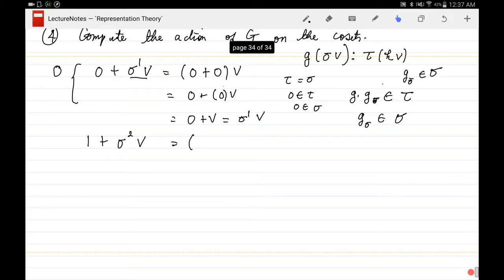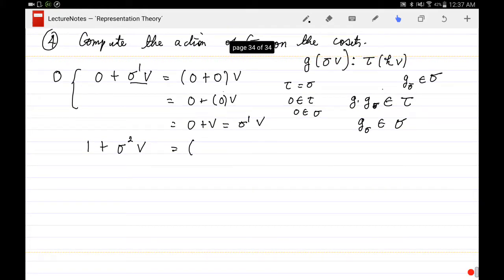So the calculation is going to be 1 plus 1, and this is going to act on V. Then the result has to be written as a sum of something from the subgroup and another element in the group. So here this is 1, and 1 can be written as a coset representative plus